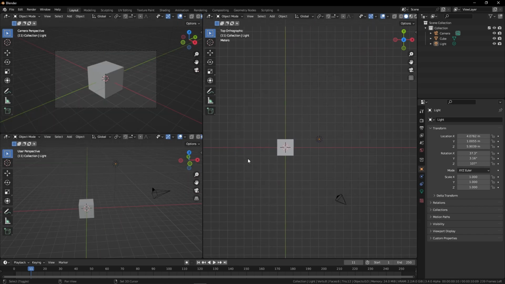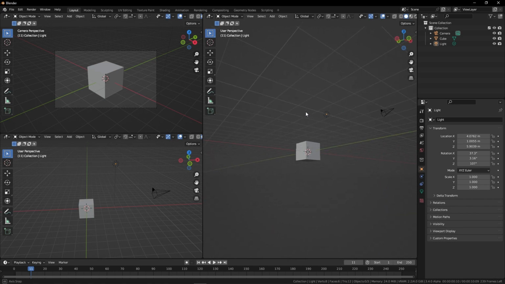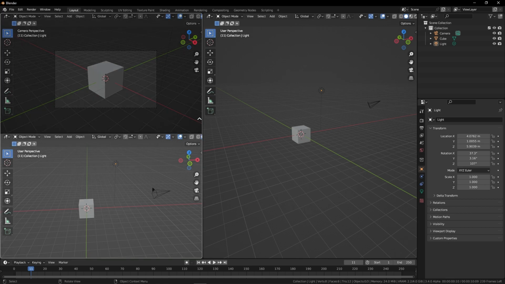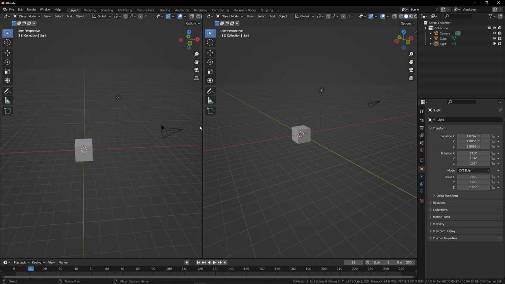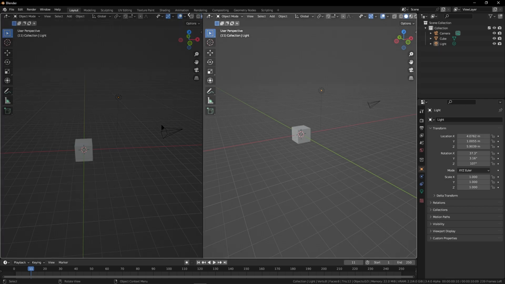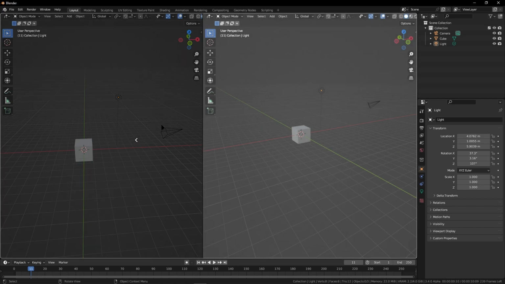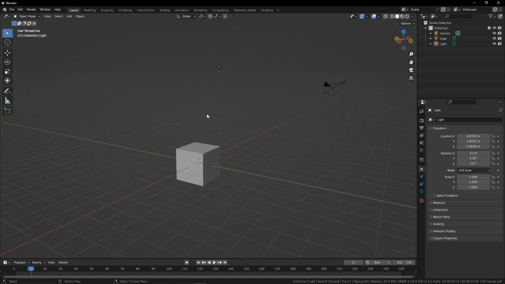So this is how you change each view to your heart's content, but you can't close them instantly like you do in Max. So if you want to close them, you have to hover over the corner, click and drag towards the one you want to close, and then that one disappears. Or you can click and drag even back towards the one you dragged from. So you can choose which one goes away. The one that is darker will be closed. And now you can resume